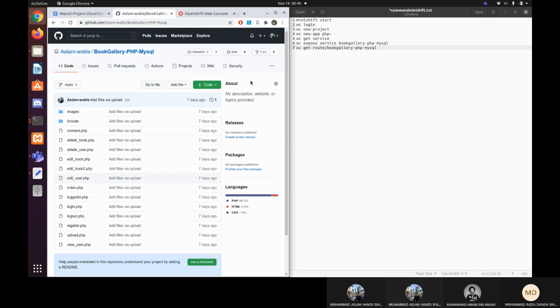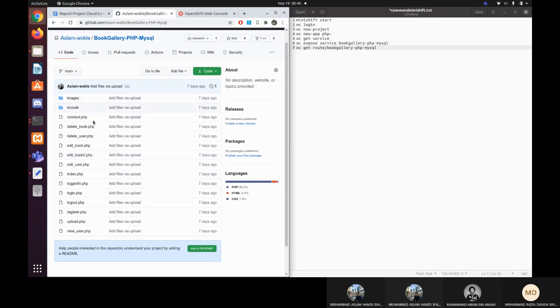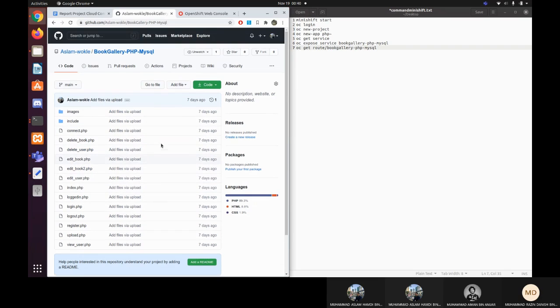For this project, we're going to be using my source file of a PHP application, which I created maybe years ago. The title for this PHP application is Book Gallery. As I mentioned before, this tutorial will show you how to do source to image. So our source is this PHP application that I uploaded in this